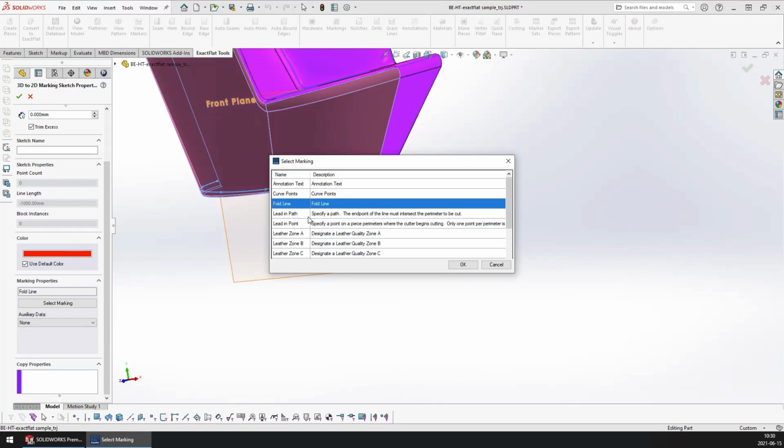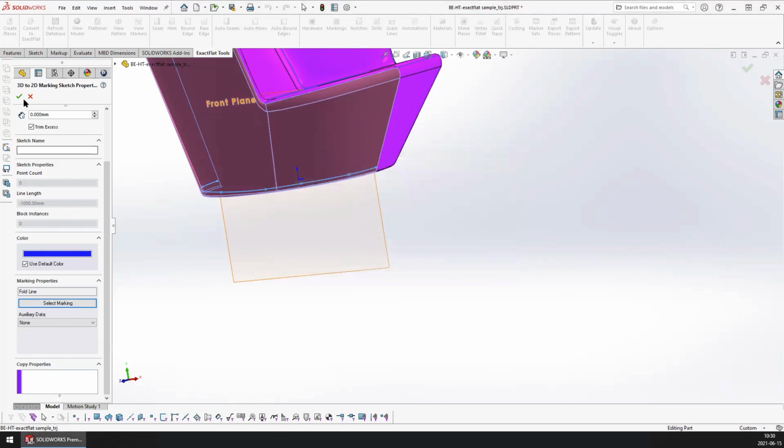And when we look at the database manager tomorrow, I will show you how you can create your own custom marking types. And not only that, I'll show you how to create your own custom hardware types, your own custom hem and seam types. So we will pick fold lines, and we will click OK, and we will click OK